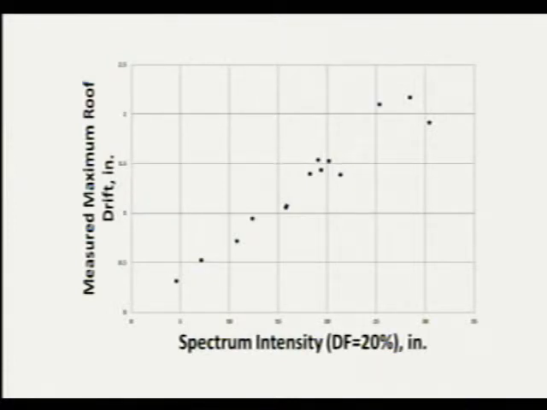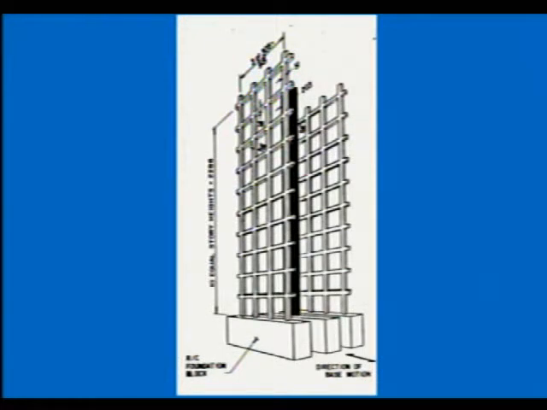But more importantly, when he plotted his measured maximum drift versus spectrum intensity, Hausner's spectrum intensity, which was another way of saying velocity, he found out that there was a linear increase. God, it was too easy. I didn't see it. I mean, I plotted it myself. I was there, but it didn't occur to me how easy it was, because I was still thinking of complicated hysteresis loops. And then we tested a whole bunch of frames with walls, etc.,